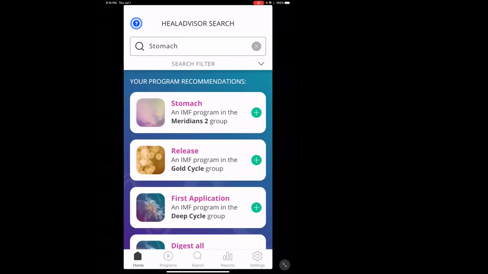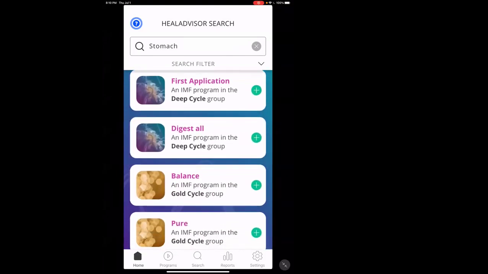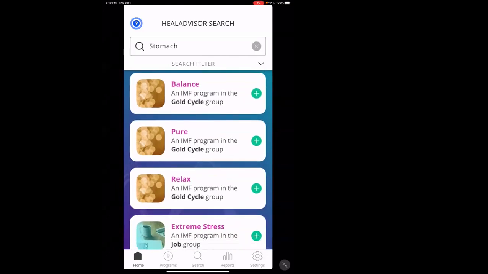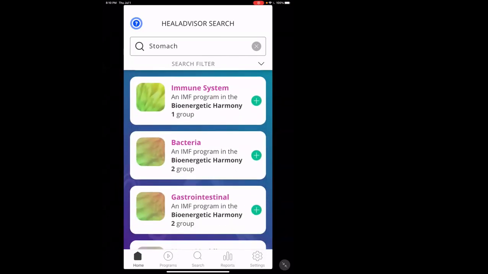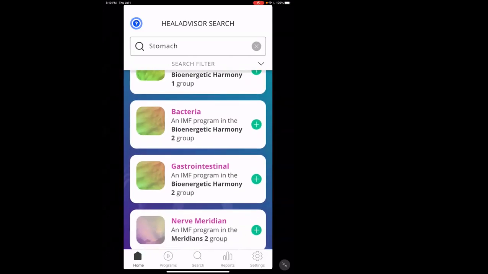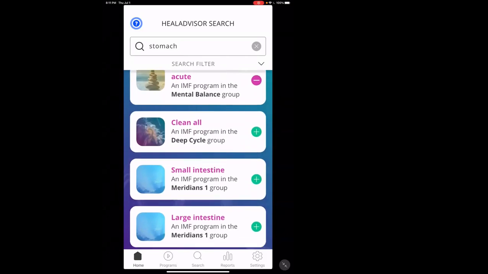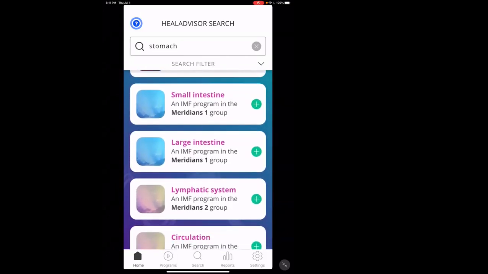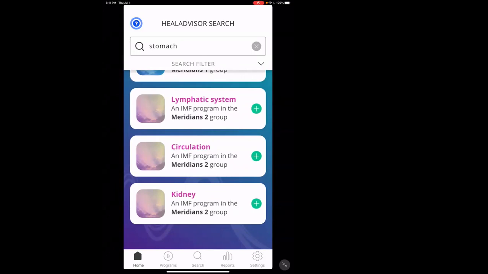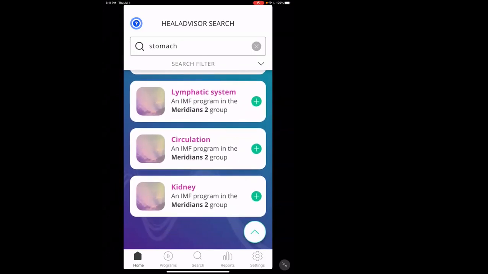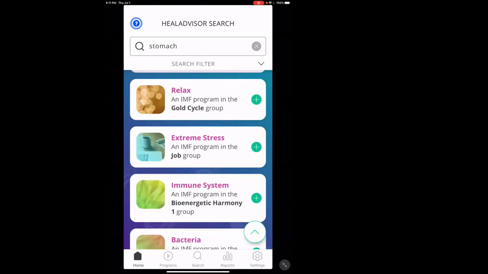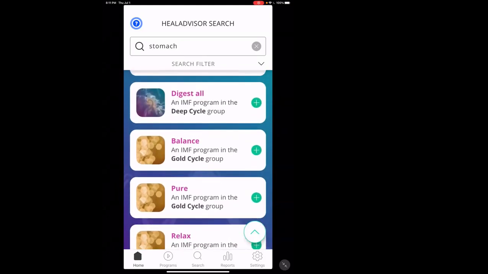These are all Pink Dot apps to run: Release, first application, Digest All, Balance, Pure, Relax, Extreme Stress, Immune, Bacteria, Gastrointestinal, Nerve, Mental Balance, Clean All, Small Intestine, Large Intestine, Lymphatic System, Circulation, Kidney. So there's a lot of different programs that you could pick for your stomach and run.